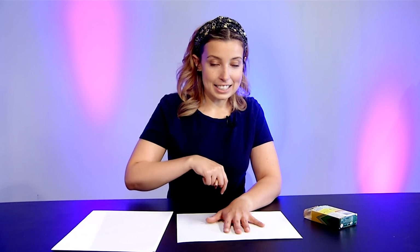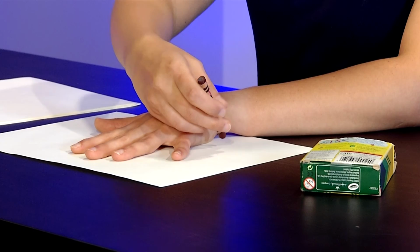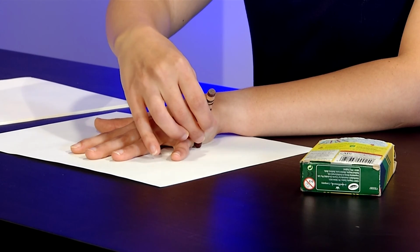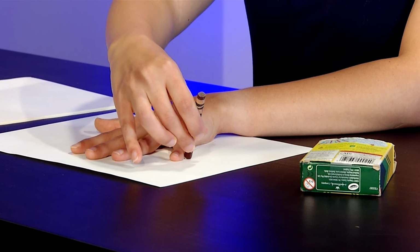We need one hand to lay down flat, and we don't want it to touch the very bottom. So we don't want to put it right there at the bottom. We want to move it up because our turkey's going to have some legs later on. And we need some room for some legs, right? Okay. So we're going to put our hand towards the center of our piece of paper and then take our crayon and we're going to start. I like to start at the bottom and move my crayon around my fingers